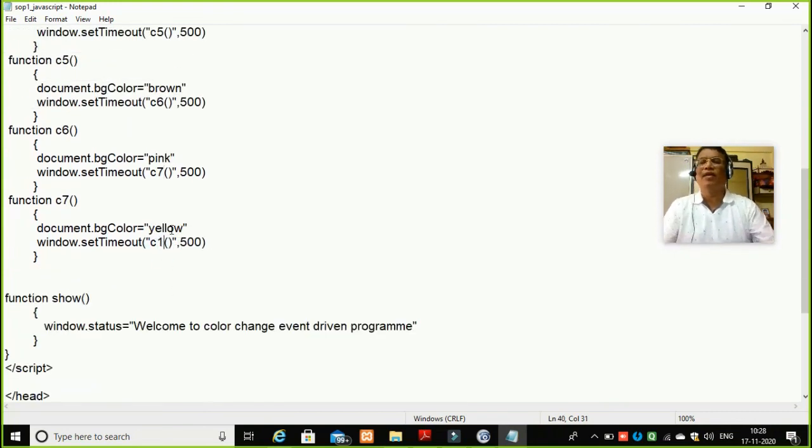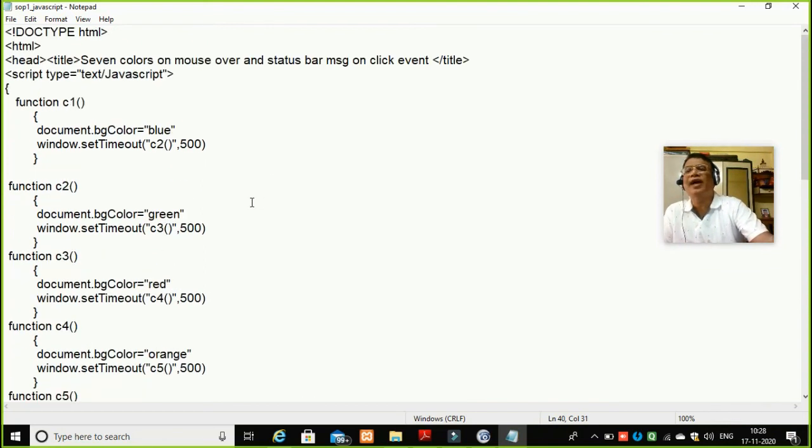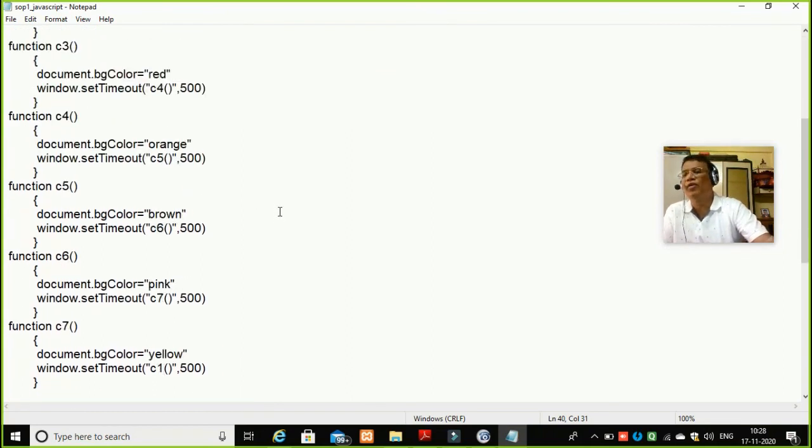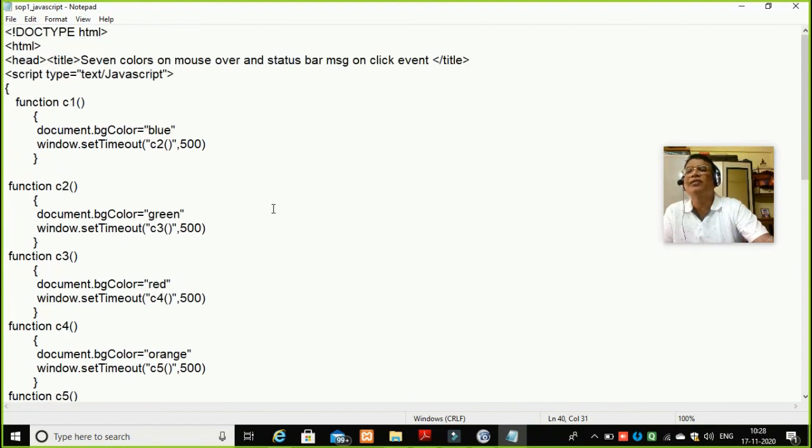So every now and then the colors will automatically change and it will come back to blue color, again green, then red, then orange, then brown, then pink, then yellow. These are the 7 distinct colors. The functions will go on. One function will call another function, which will call one more function, and the color goes on changing as the function calls go on. Now I hope the program is ready for launch.